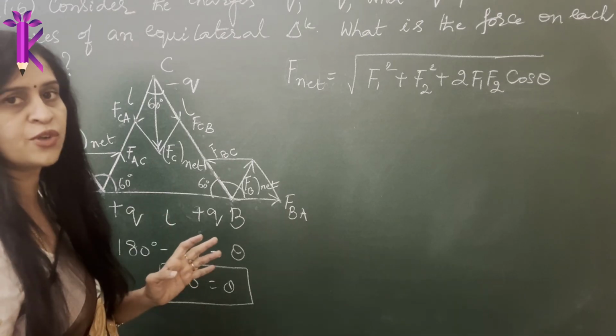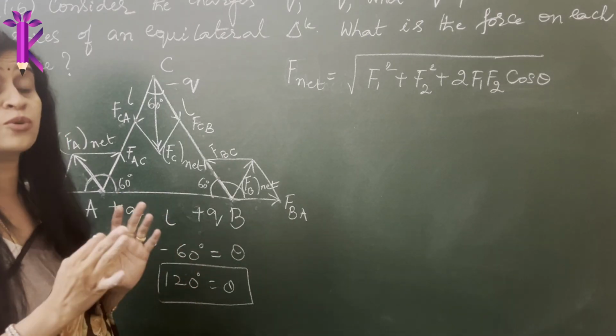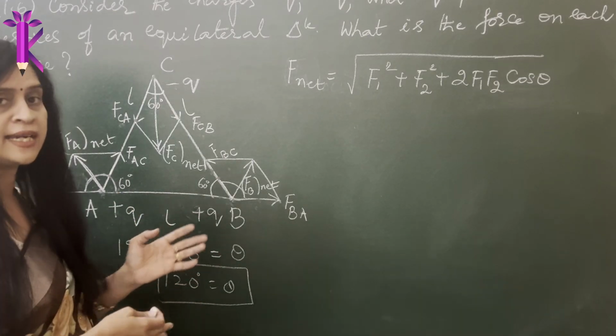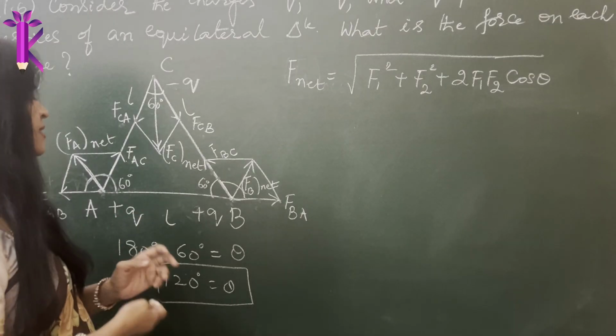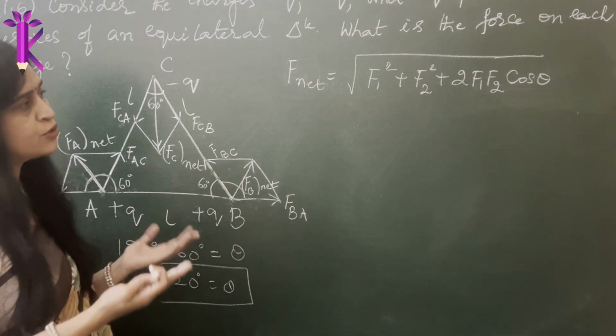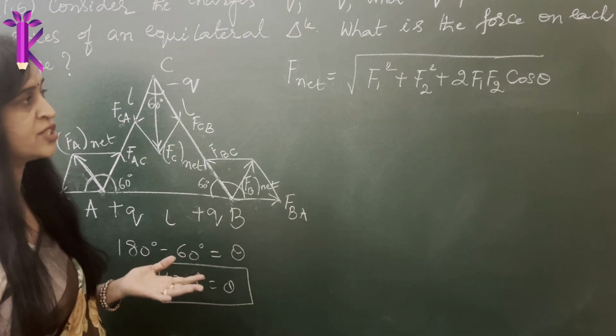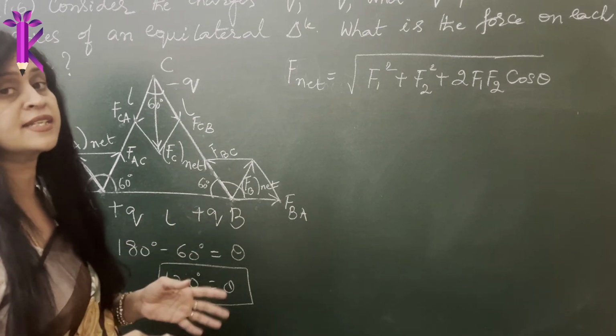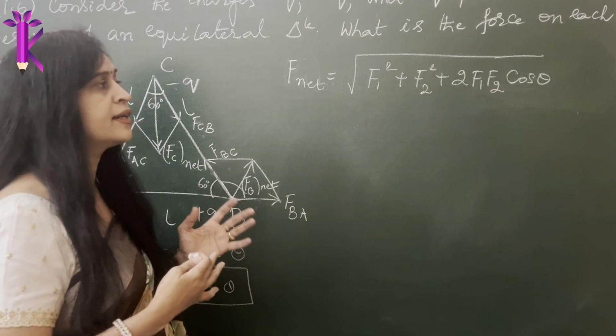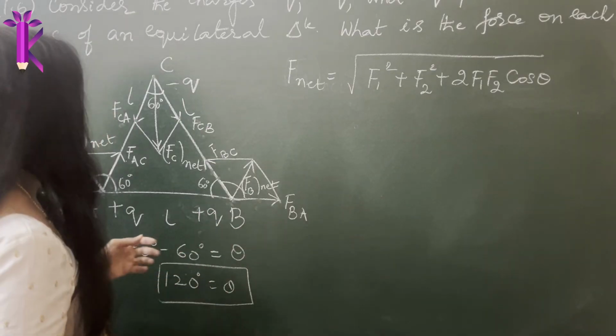Now you should know what is cos 120. These are values that you must learn and remember. You are not provided with scientific calculators, so it is essential that you learn it. If you do not know, then again you fail to answer the questions. So there are certain things in physics that you need to remember, and you should always know how to calculate.